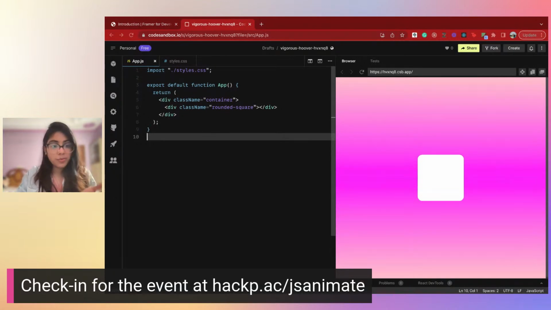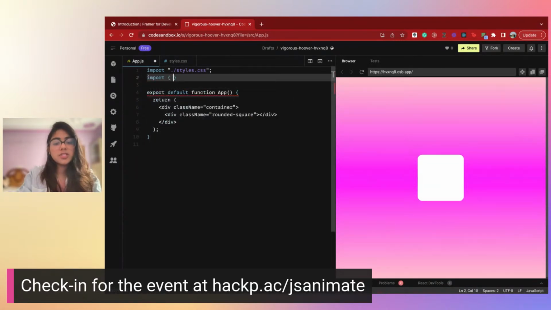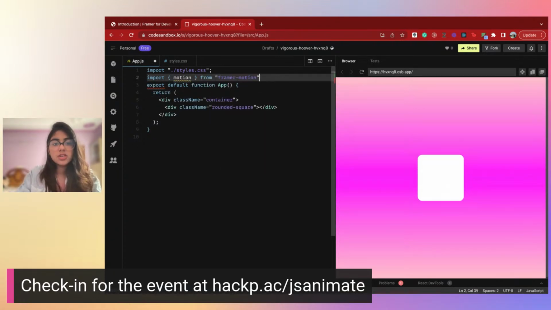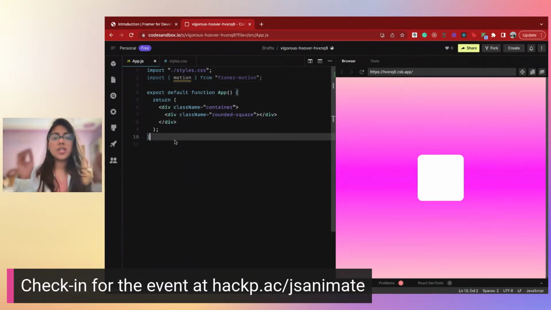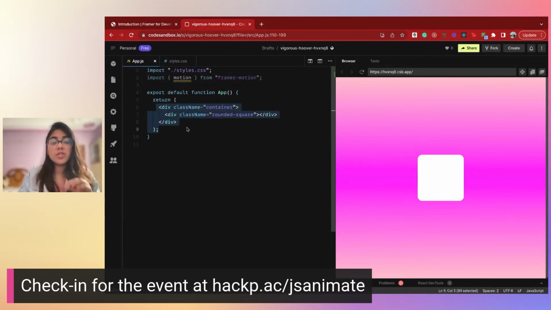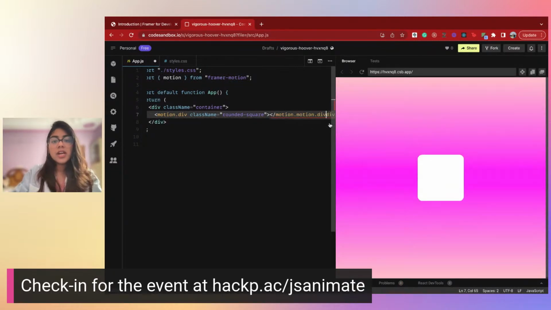The first thing we want to do is import this object called motion from our library framer-motion. So we do that. And then the great thing is that you can take this motion object and turn any HTML element in your code into a motion object. So that means if I have this div and I say motion.div, and similarly make this motion.div, it means that